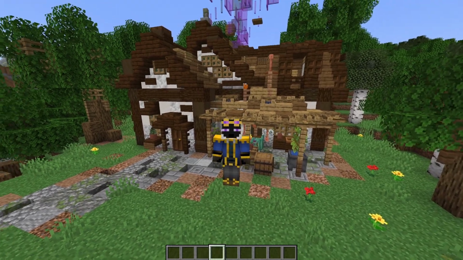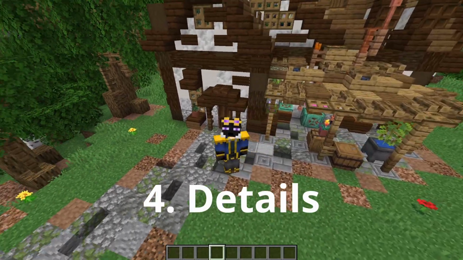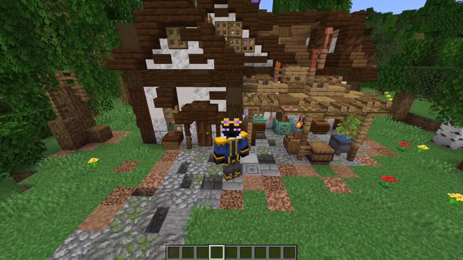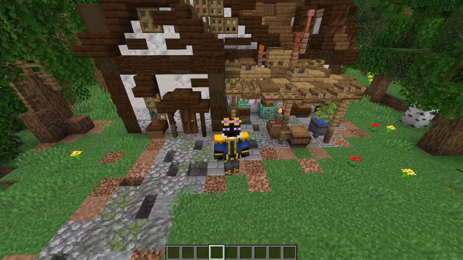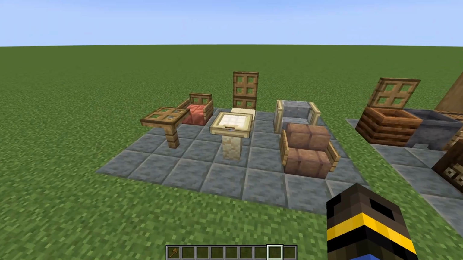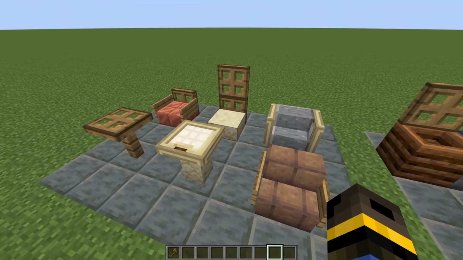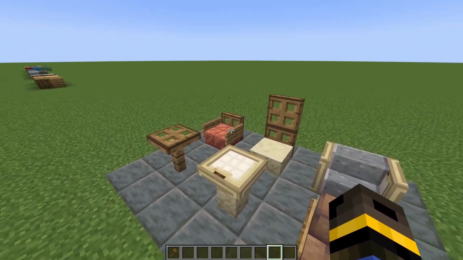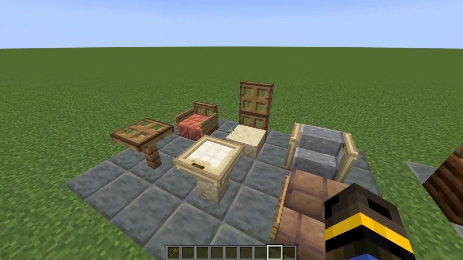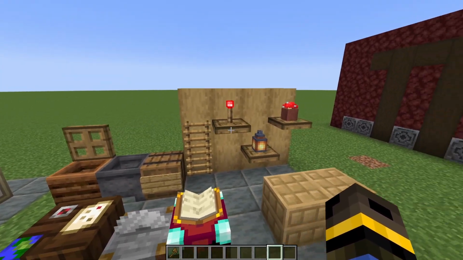For the 4th step to make your builds more atmospheric, we can focus on the details. While the details are going to be important to the core idea of your build, they also can enhance the atmosphere in a few ways. This includes things like furniture, props, things on the wall, and other sorts of decorations. When working on the details, we can have different types of furniture that go with our vibe. You can use your theme description words to help guide what colors you choose and what type of furniture you have. It can also guide other details like things on the walls, maybe some